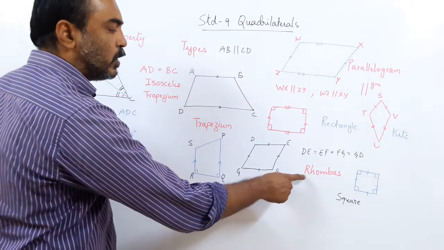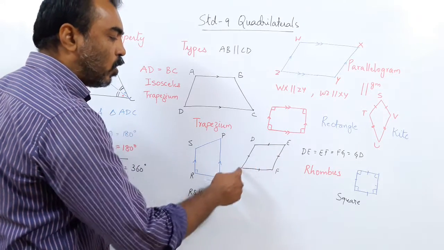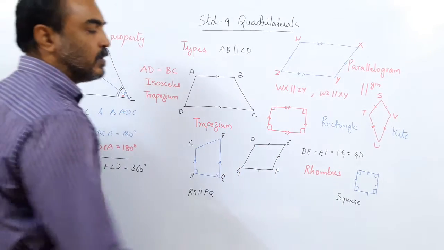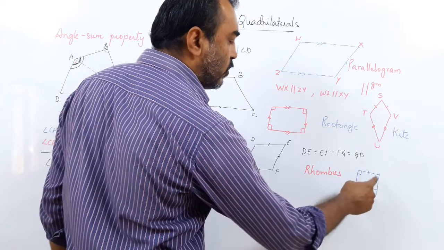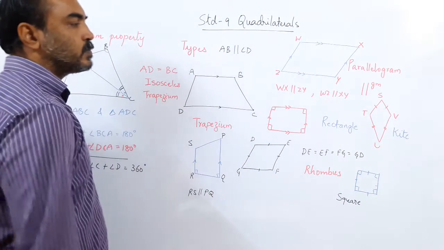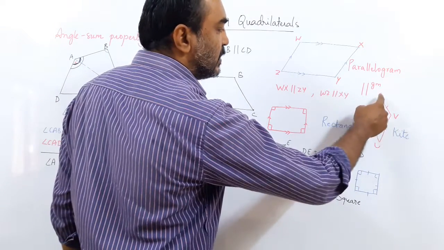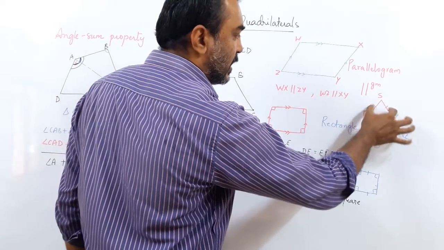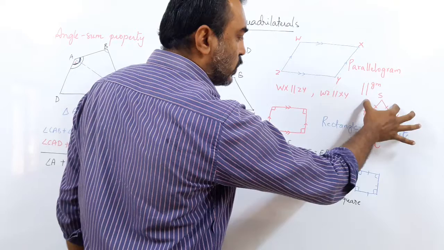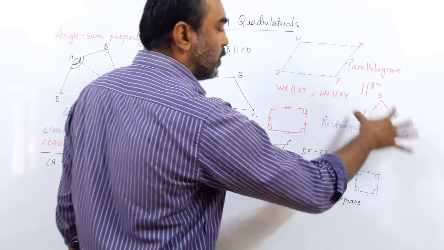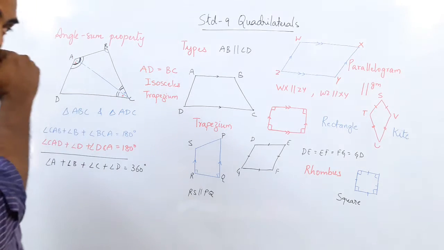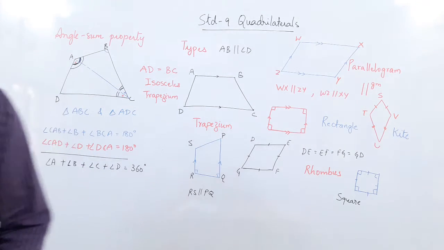If you were to use the word rhombus, you know basically all 4 sides are equal. The word square means all 4 sides are equal and all 4 angles are also equal. And this is a kite, which means the adjacent side, means the sides adjacent to each other, these 2 are equal and these 2 are equal, and all 4 are not equal. These 2 are equal and these 2 are equal, forms a kite. So these are the types of quadrilaterals.